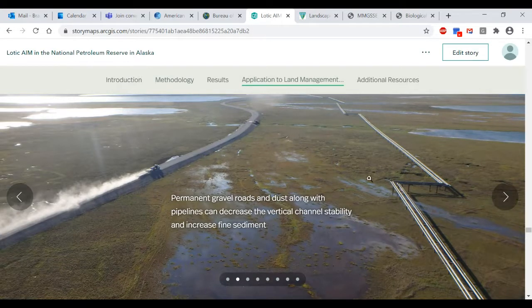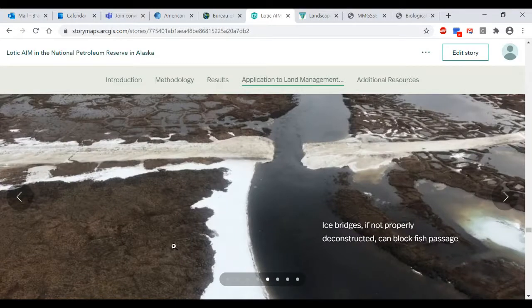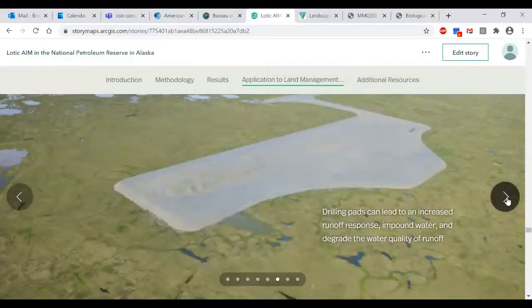They cross streams and rivers. You have the pipelines. You have ice bridges that are part of the ice roads in the winter when they're moving equipment. And so we added just kind of a little blurb with each one of these photos to show the potential impacts each of these different types of infrastructure may have on aquatic resources.